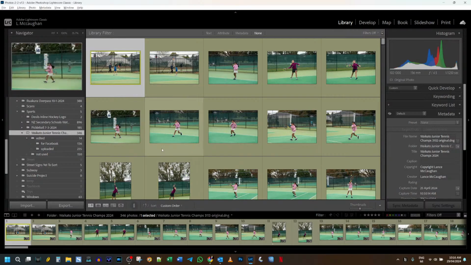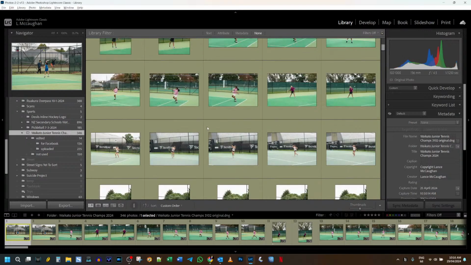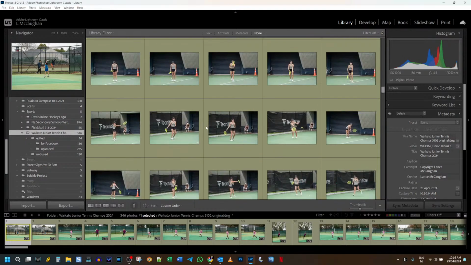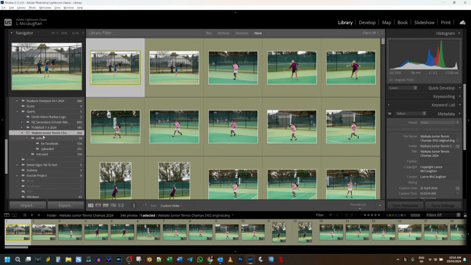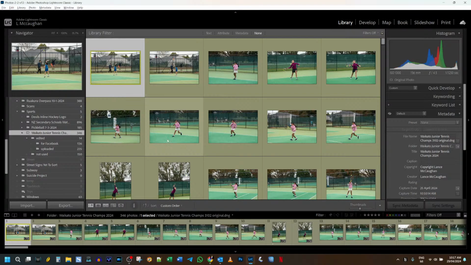So that all happens on import. Once they're all imported, all the previews are created by Lightroom and we're all ready to go, I then will come into here, or normally it's on the import screen. Once they're imported, it doesn't jump to this folder straight away. It shows a bunch of photographs here that are the ones that have just been imported. So that's really handy because I can select them and